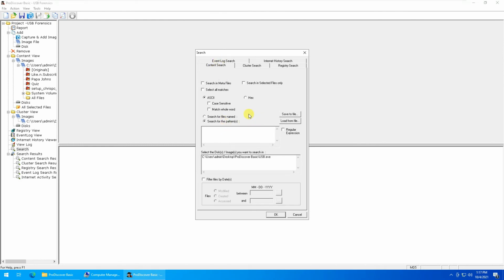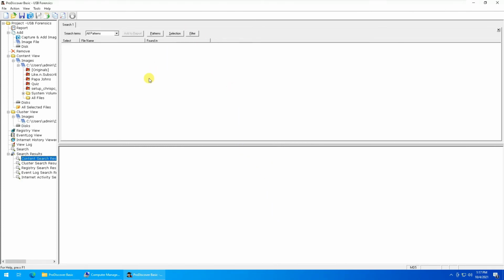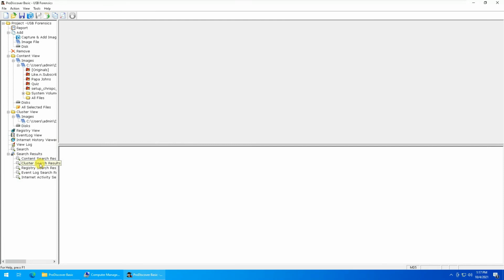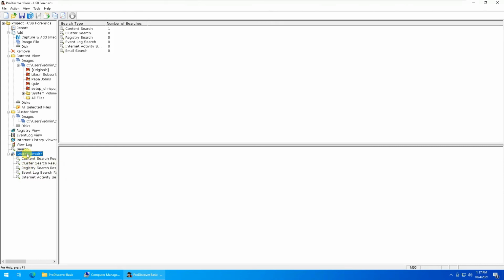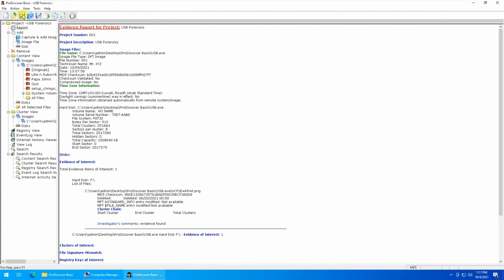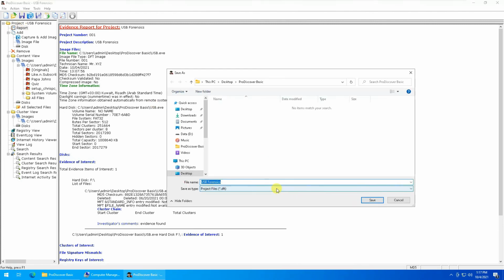So if we want to select, for example, content search, we'll write here ProDiscover and see if it's able to find anything. There is nothing found. Now you'll do the same thing for cluster and for registry and events. Once everything is done, you can save it and generate a report of it.